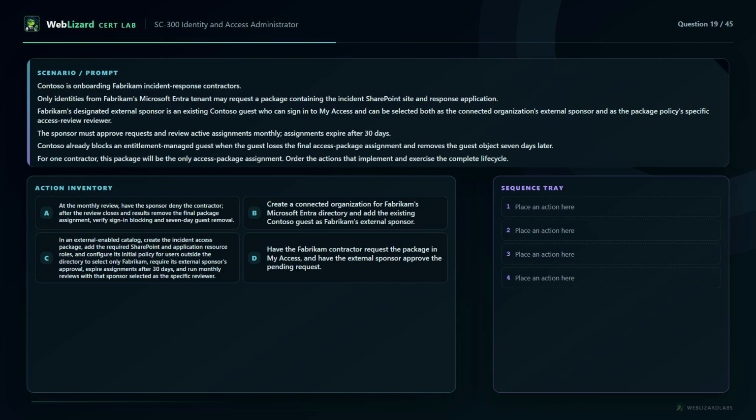Item A. At the monthly review, have the sponsor deny the contractor. After the review closes and results, remove the final package assignment, verify sign-in blocking, and 7-day guest removal. Item B. Create a connected organization for Fabricam's Microsoft Entra directory and add the existing Contoso guest as Fabricam's external